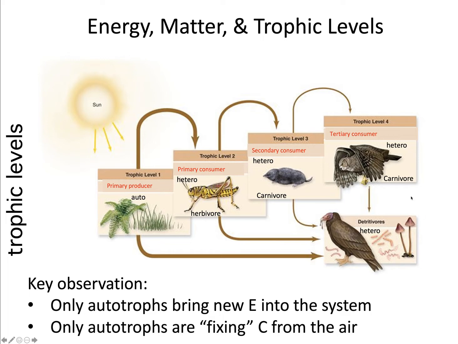And then you've got the detritivores down here. Detritus basically just means dead stuff and wastes. And this is also a heterotroph. So worms, bacteria, fungi, scavengers like vultures, they're all examples of detritivores that eat wastes and dead things, and they consume those things, okay? A couple of key observations to draw from this: number one, only the autotrophs, only